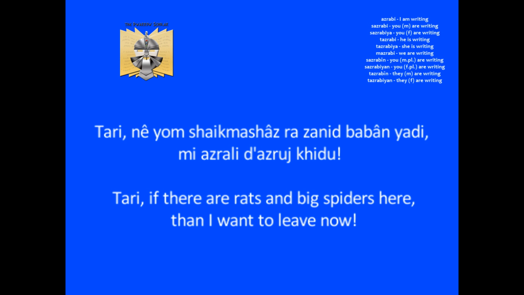You might remember the word zurulmi, as in ma zurulmi dasuni taiku, meaning I don't want to be alone in the mine. Now, you might wonder, why do we use the perfect form zurulmi one time and azrali the next, when we don't see much difference in the dependability? Well, I don't want to be alone in the mine or I want to leave seem both pretty dependable after all. Well, it's important to note that he or she that speaks the line is the person that will ultimately decide what tense will be used.